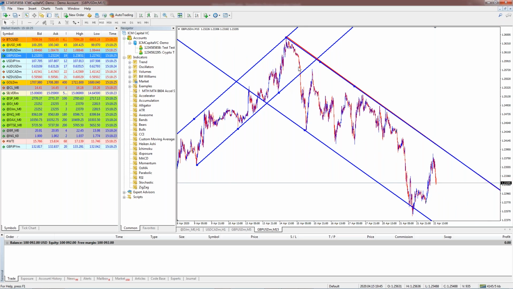Here we got a huge rebound from 122.50 yesterday to almost 123.75. So we're talking about 120 pips with a reversal from this downward channel. So it's very easy to draw these trend lines and channels, but also you have to make sure that these trend lines and channels have certain